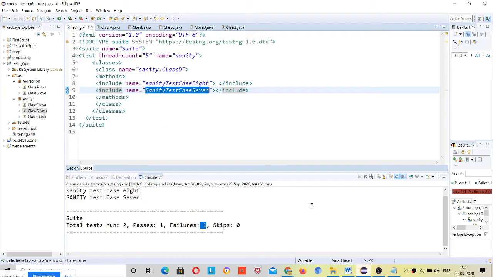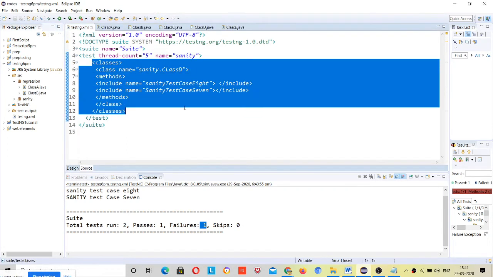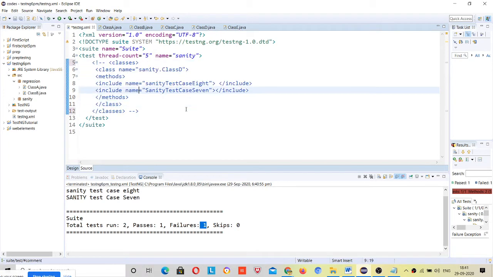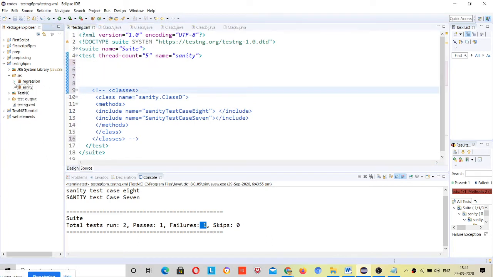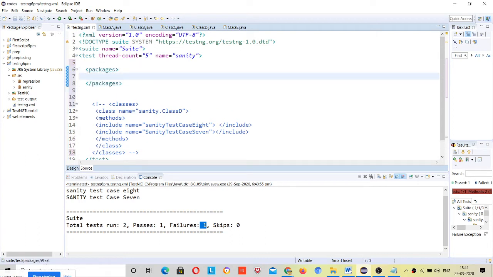Just like, if I want to run a whole package, then what should we do? Then just close this classes and then come to this test, right? If I have multiple packages, just like we have modules, and I want to run a particular module's test cases, then we can describe this at the test level, right? So inside this level we have to define packages, and inside packages I have to give package